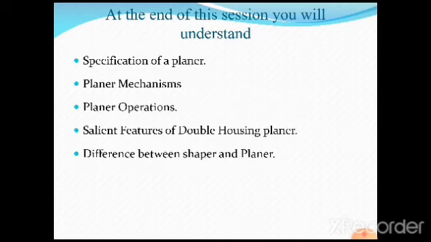Before we proceed with today's presentation, we have to understand in brief the meaning of a specification. Whenever we speak about specification, it is a term related to the size, different speed and feed ranges, depth of cut, type of mechanism, etc., connected to any type of machine when it is used for useful machining operations. Like that, we also need to understand how a planer, as a large machine, is specified.